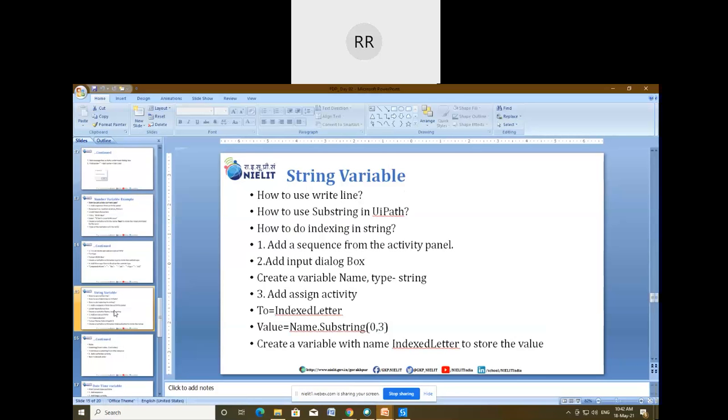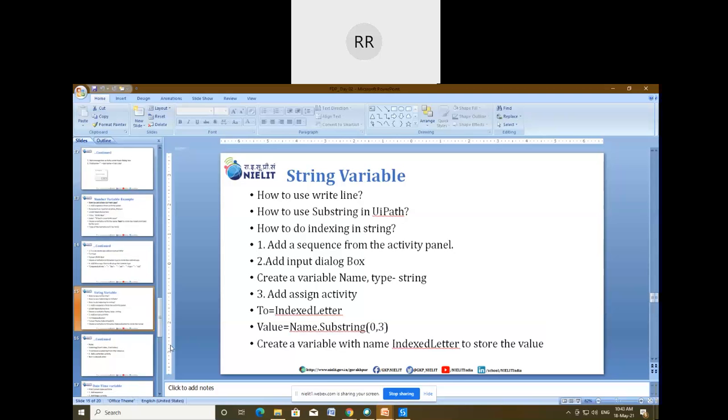If you want to display only a substring from a string, then we have to use the function substring and then parenthesis. We have to provide the index value from where you want to get the message displayed. Suppose if I want to display only the first three letters of my name, then I will use the substring function, and then I will provide the index value accordingly that I want to display, then that will be displayed.